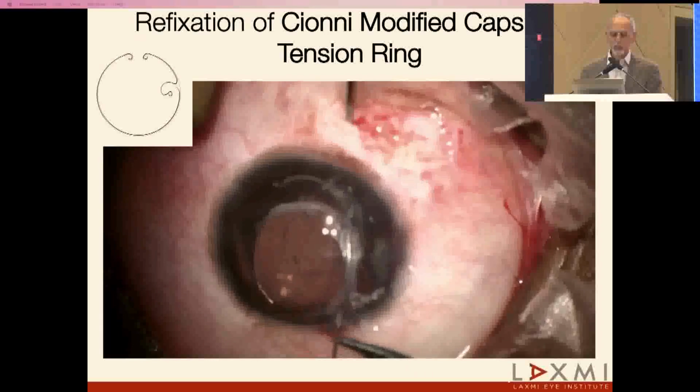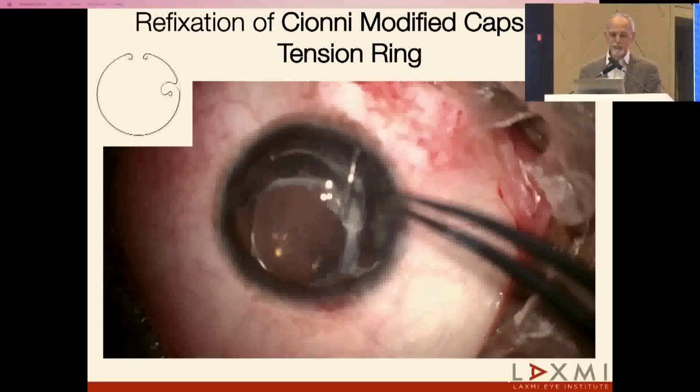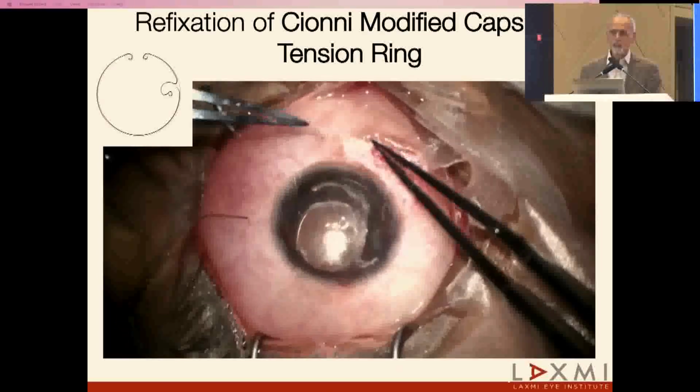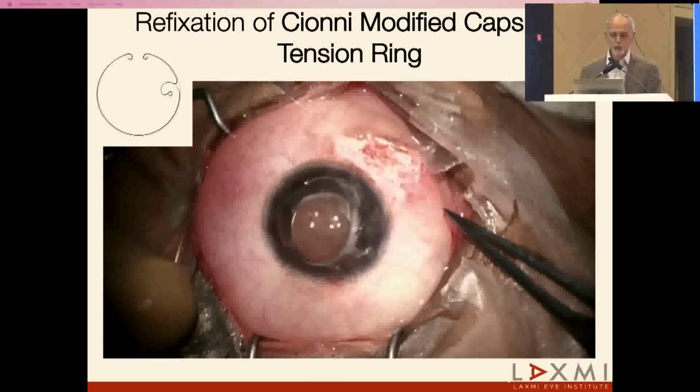The suture has torn. The one way to salvage this bag and lens bag complex is to use the same Sionis ring, this time with a nino suture,